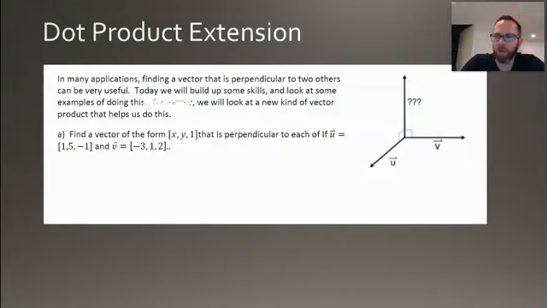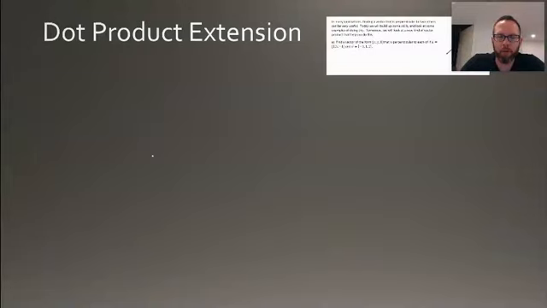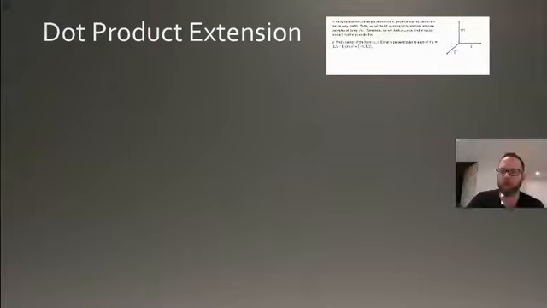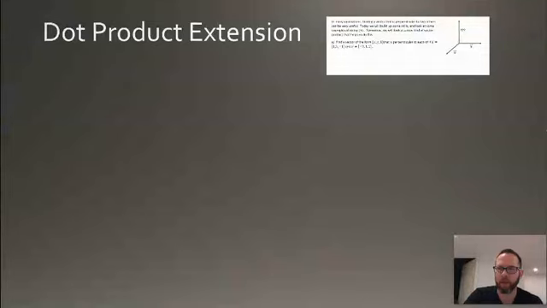The reason why will become more obvious in a little bit. But let's work through this. Recall the dot product gives us a way to show that two vectors are perpendicular, right? So if the vector I'm looking for, x, y, 1, is perpendicular to u,